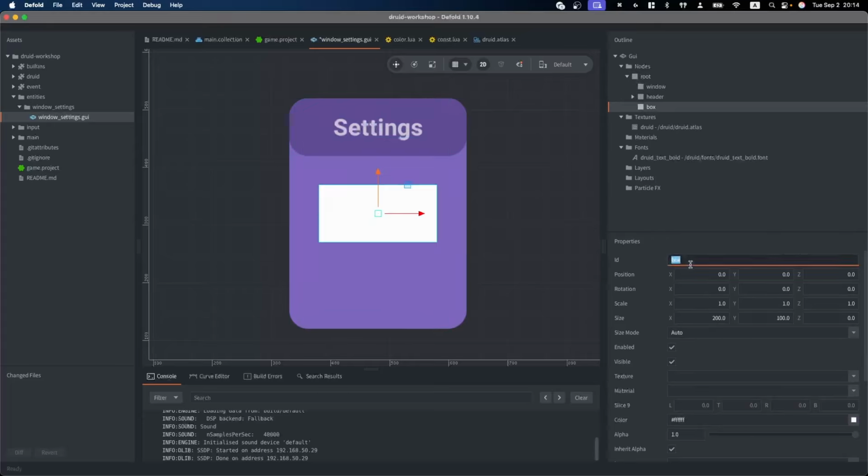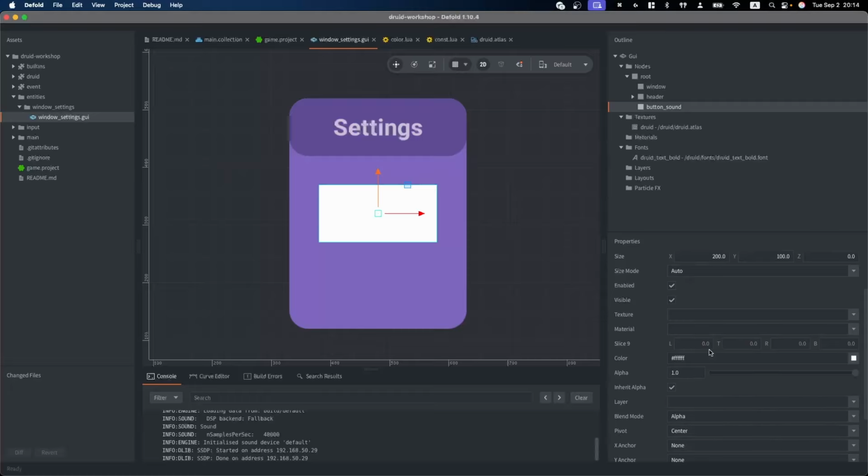It will be almost the same thing as what we did before. Let's make the node button sound. We want to add the sound and the language buttons to these settings. So the first one is just Google sound on/off, and language will be to change languages. Almost the same as we did for these panels.